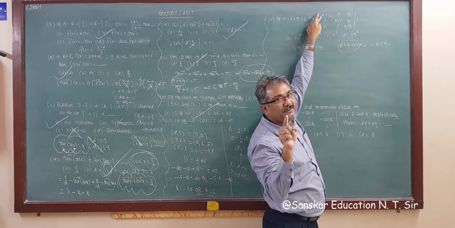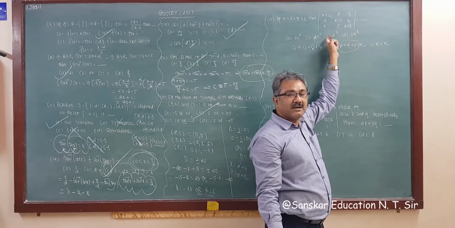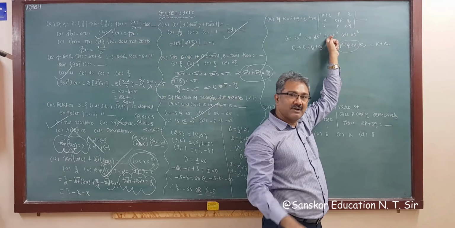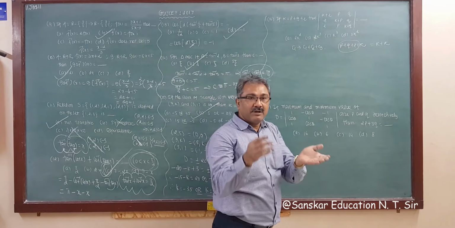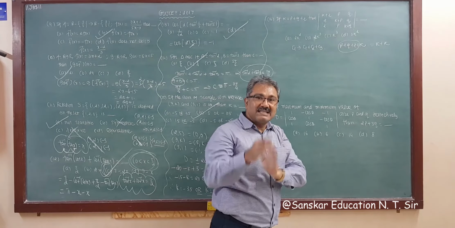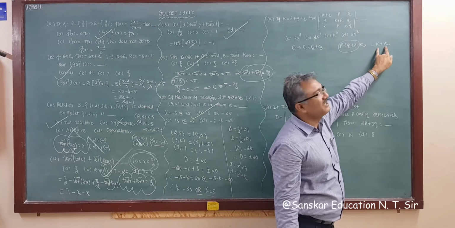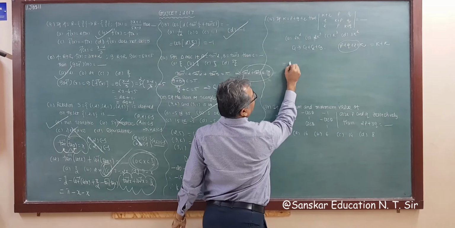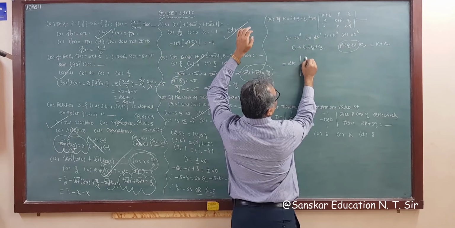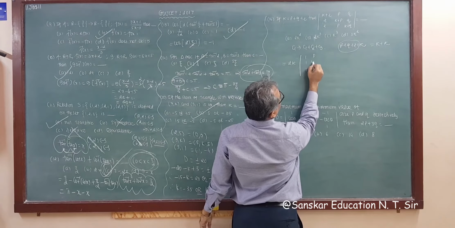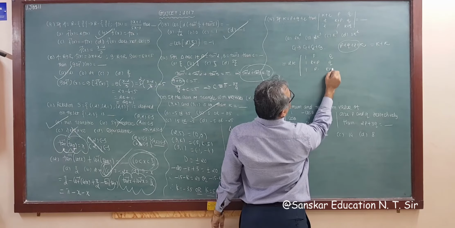First column, first row element is 2K. Similarly, this is P plus Q plus R plus K, which is 2K. And third row, first column element is again 2K. So what you have to do? Keep in mind and write down as few steps as possible. So applying this and then taking this 2K common, your next step will be twice K, right? 1, 1, 1, P, K plus P, P, Q, Q, K plus Q.